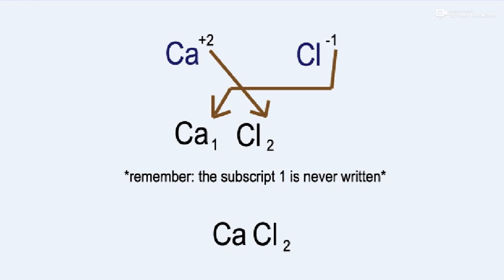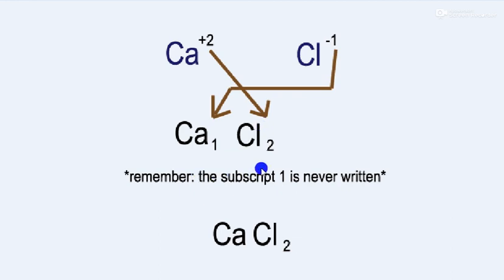So let's take another example, calcium chloride. Here you see calcium is the metallic element, so you write it on the left side. And chlorine is the non-metallic element, so you write it on the right side. And what is the valency? After that you write the valency. The valency of calcium is 2 plus and the valency of chlorine is 1 minus. Then what is the third rule? You have to interchange the valency. So when you interchange that valency, you ignore the plus sign or minus sign. So now Ca1 and Cl2.